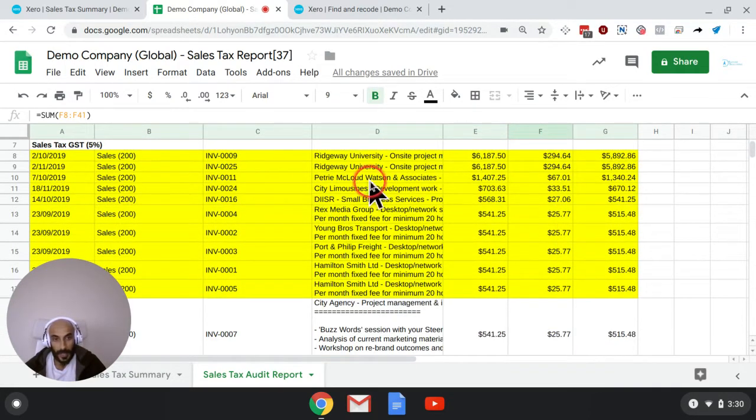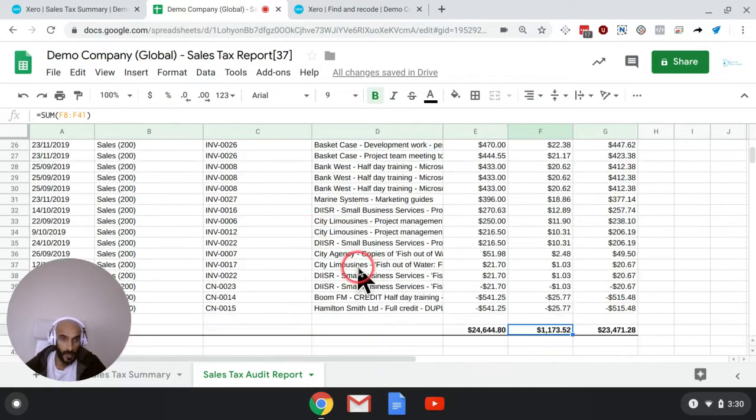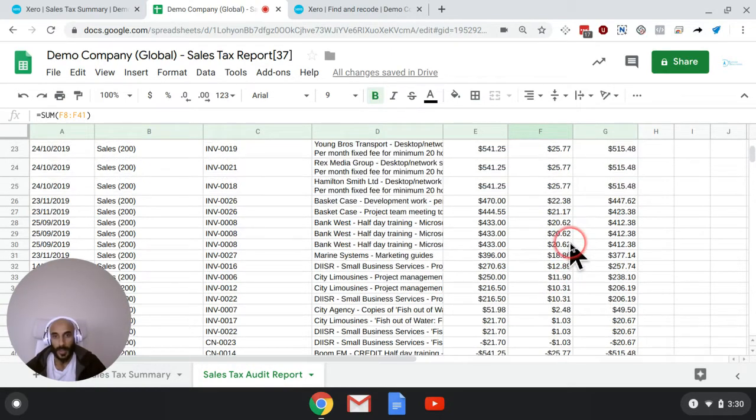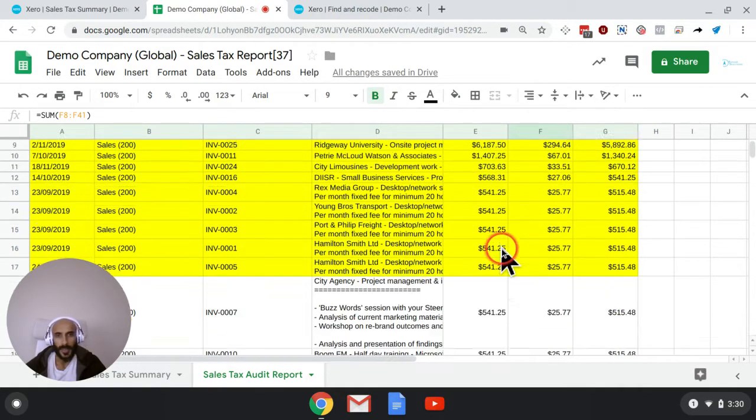Now, I've highlighted the biggest ones in yellow to let you know that if there's ever a GST review, what CRA is going to be looking for is your most significant invoices. So if you don't have all your invoices, it's best to begin to try to retrieve the largest ones. The smaller ones, even if you don't have them, you'll only get dinged a small amount. So the invoices that you have, you're always going to have them, and you can always recreate them.